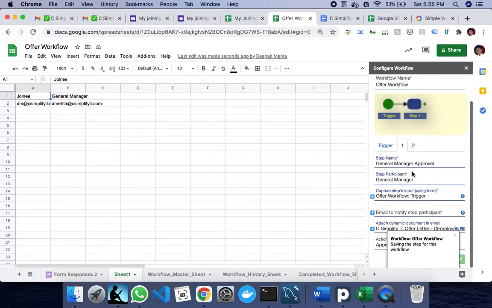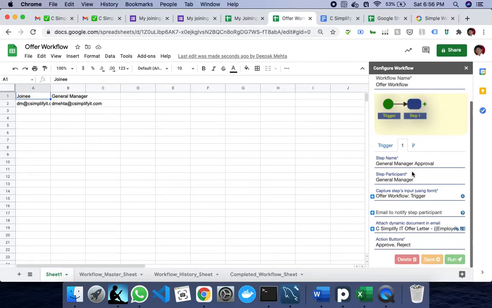So let's say this workflow is having only two steps. In the last one we were having three steps where it was going to the next participant also. We can create as many steps as we want in case we wish to have a bigger workflow. For now we are having only these two step workflow, and it is already designed and finished properly because we have saved it. Now we can run this using the same Google Worksheets. Don't forget to save it.